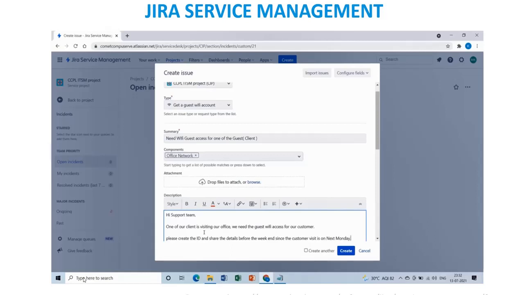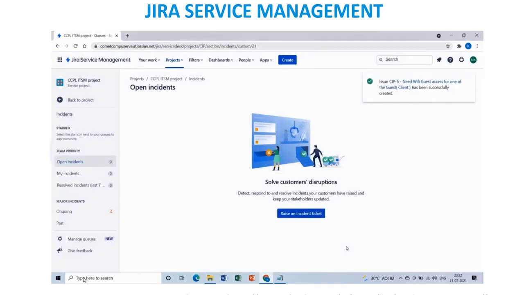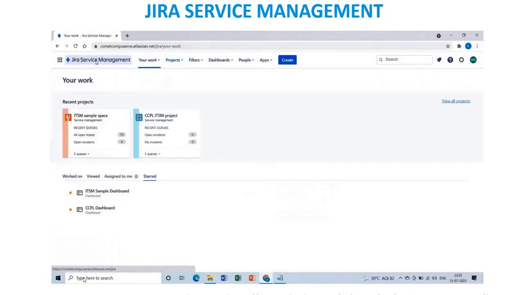Normally we'll be creating a meeting invite based on the appointment received from the end user. If any troubleshooting is required, we'll use that meeting invite to take remote of a desktop or laptop and fix the issue. For that, we'll be using the meeting calendar invite or meeting appointment.